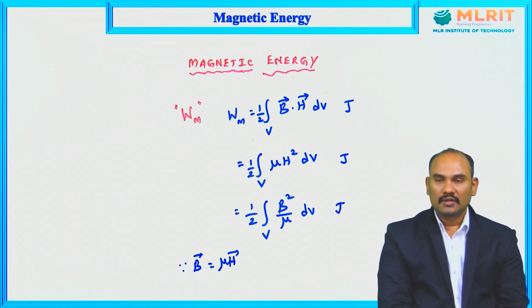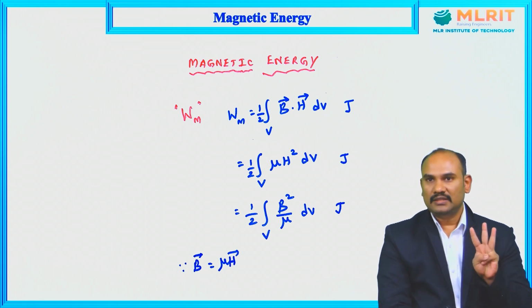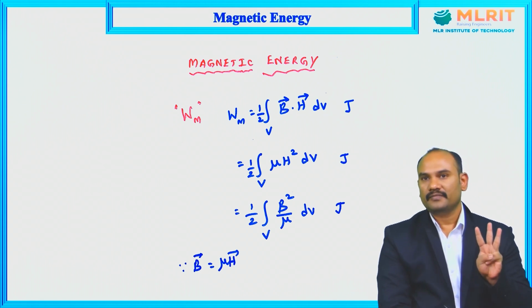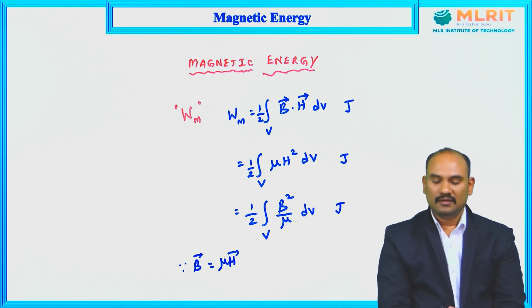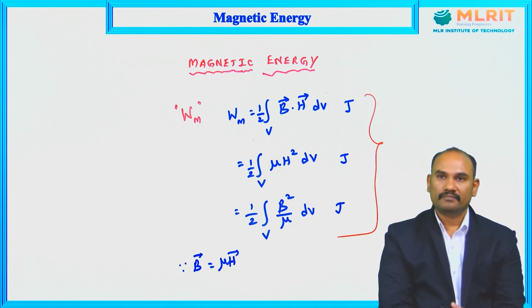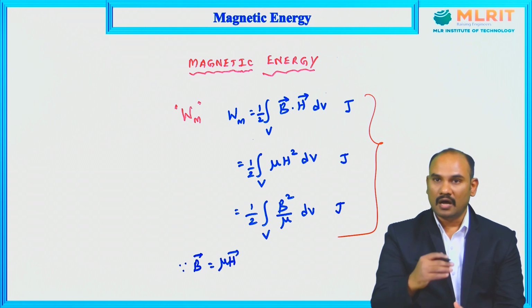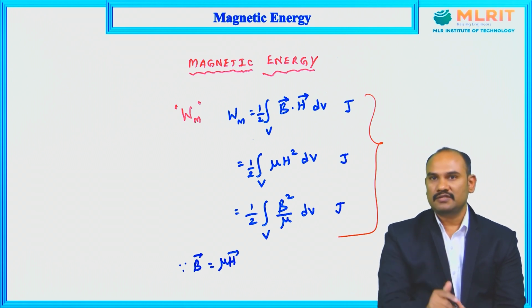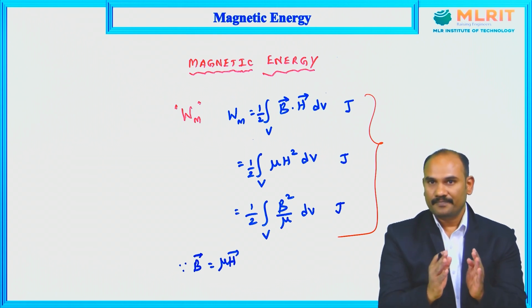So now, as we have in the first unit 3 ways of representing electric energy, here we have 3 ways of representing magnetic energy. 3 alternate ways, I can say. You do not use all 3 ways. Any one of the 3 ways you can use, but 3 possibilities are there. Now, our subject is electromagnetic fields and transmission lines. Electromagnetic fields. It comes under field theory.